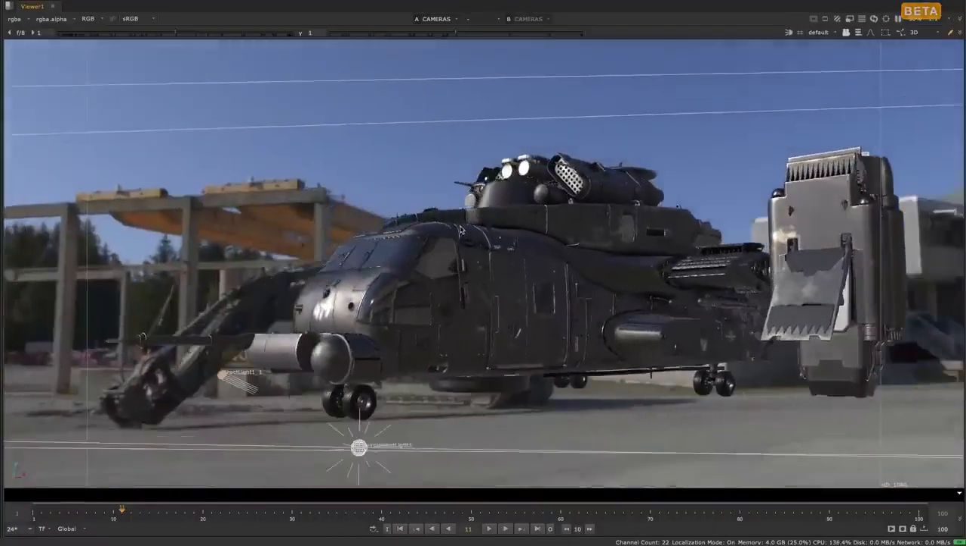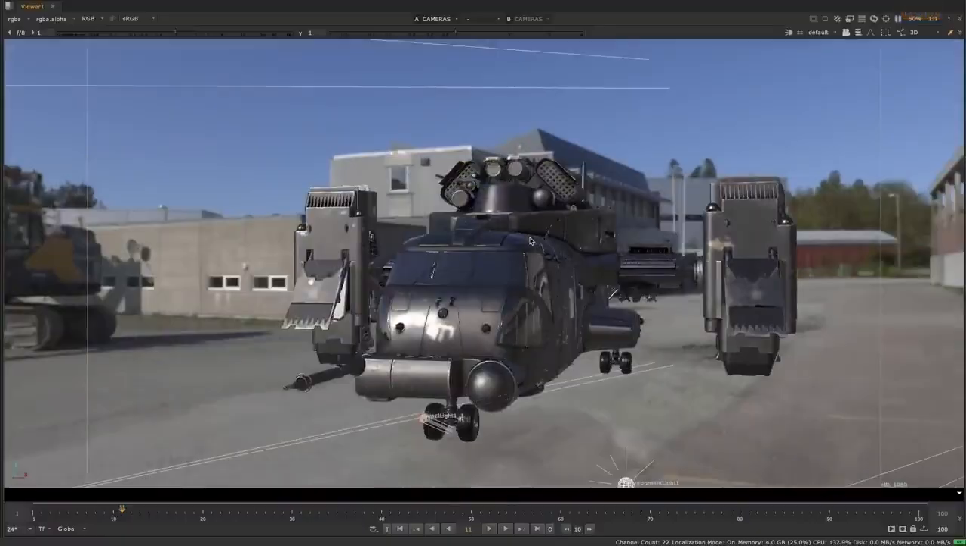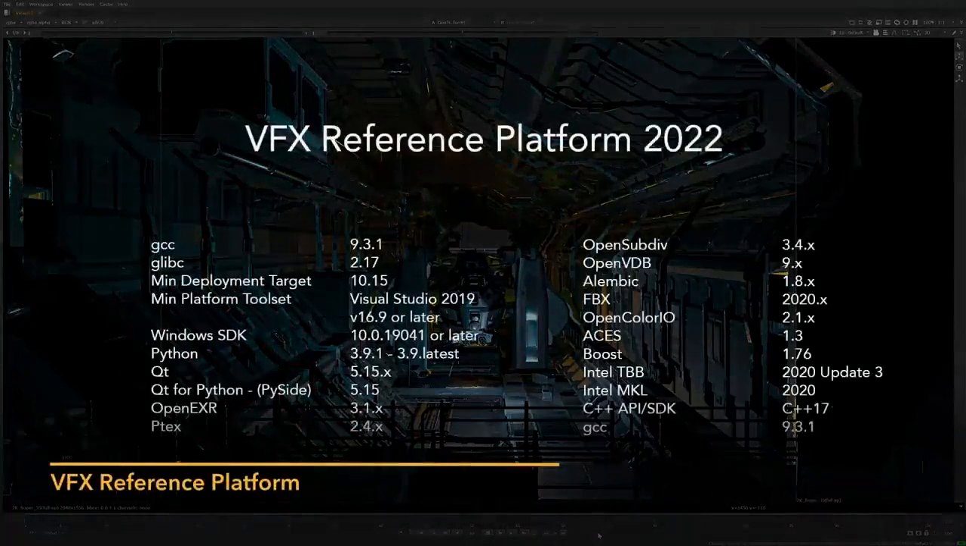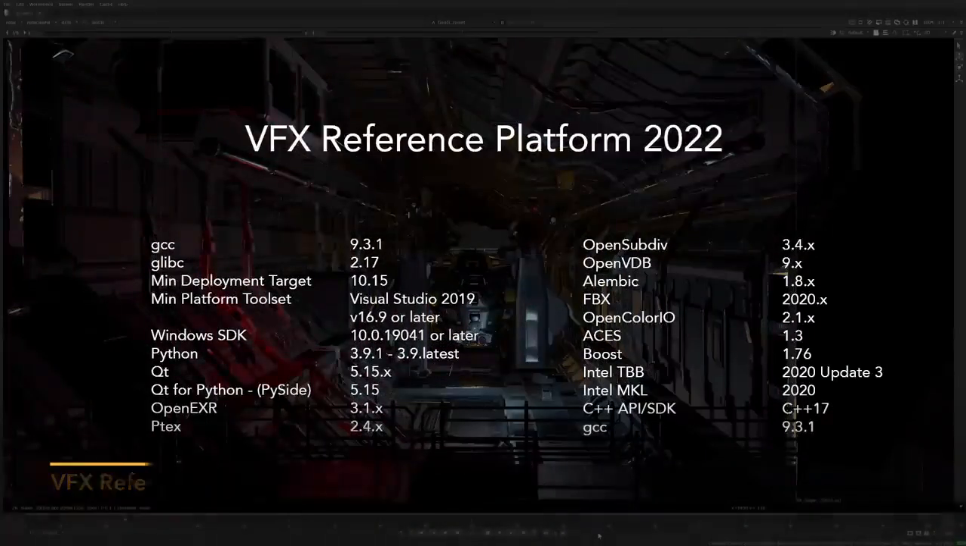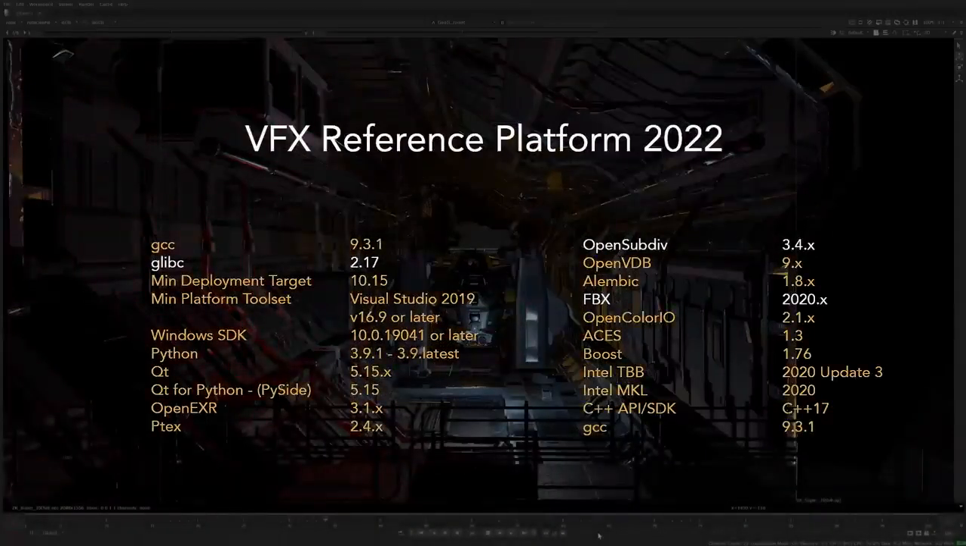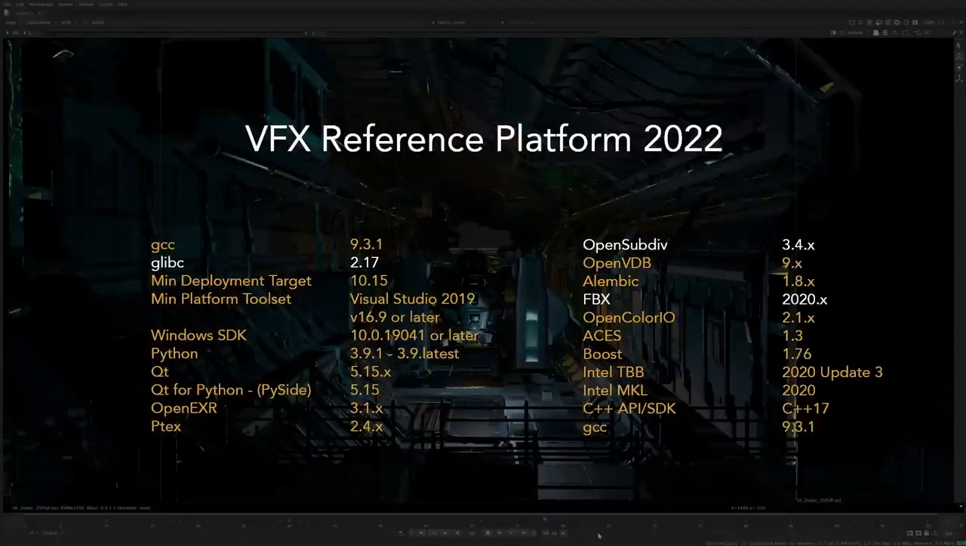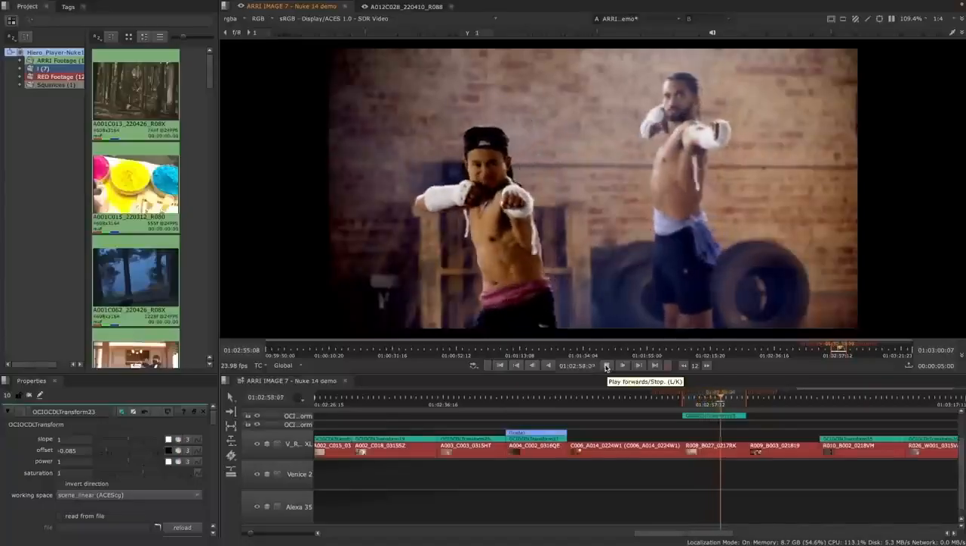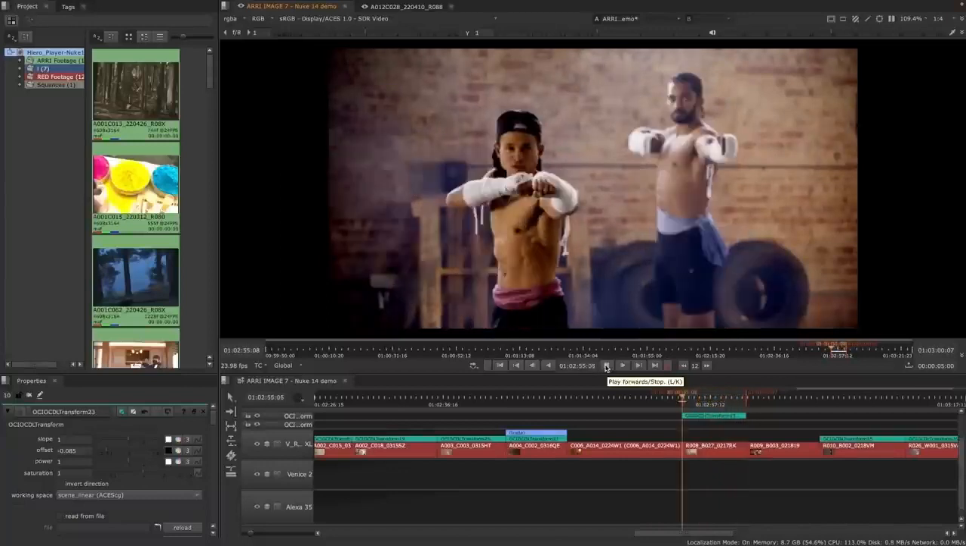and this extends to other features as well with the 14.0 release, as we will be supporting the latest industry standards with support for the Visual Effects Reference Platform 2022. This brings a number of upgraded or updated third-party libraries such as Qt, OCIO and C++, and this work continues to ensure connectivity between all your DCCs, reducing as much pipeline friction as possible